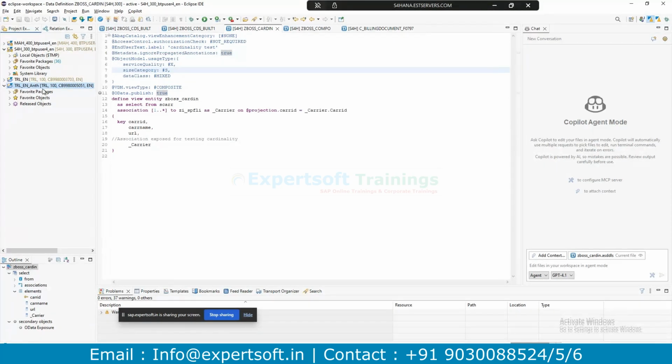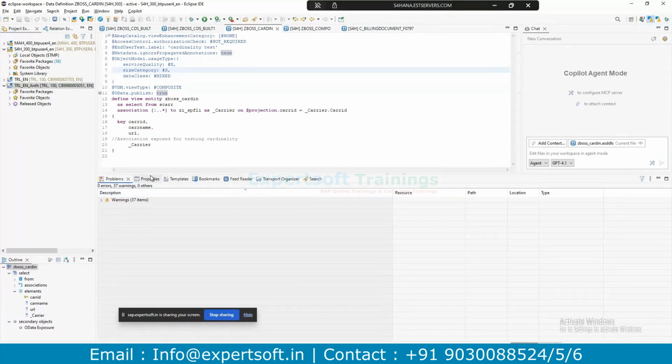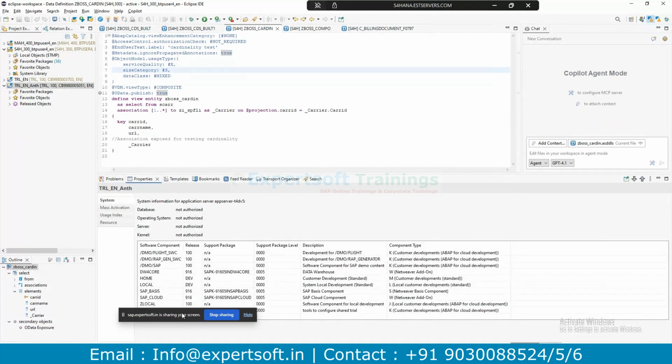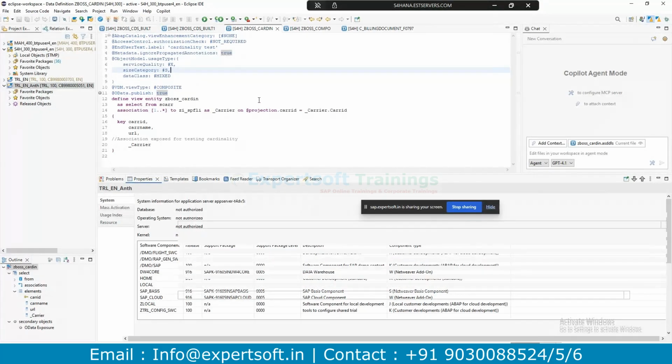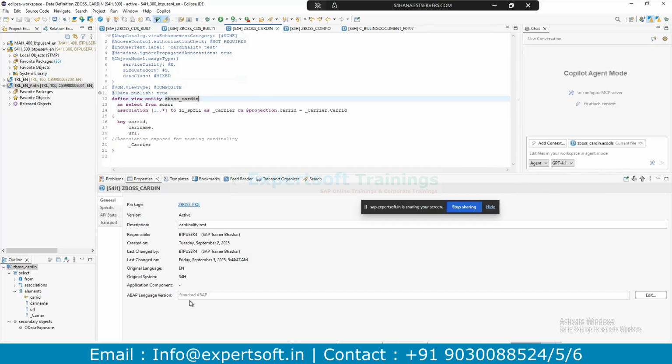So what is the difference? In the ABAP on cloud perspective, whatever you write must be in a cloud environment only. Currently, in the ABAP on-premise system you find both versions of the ABAP language version, standard ABAP included.